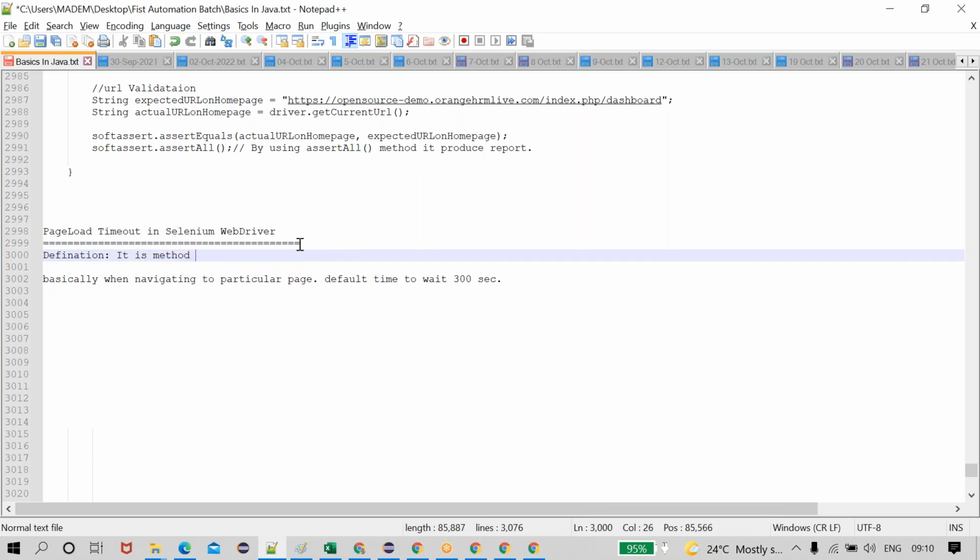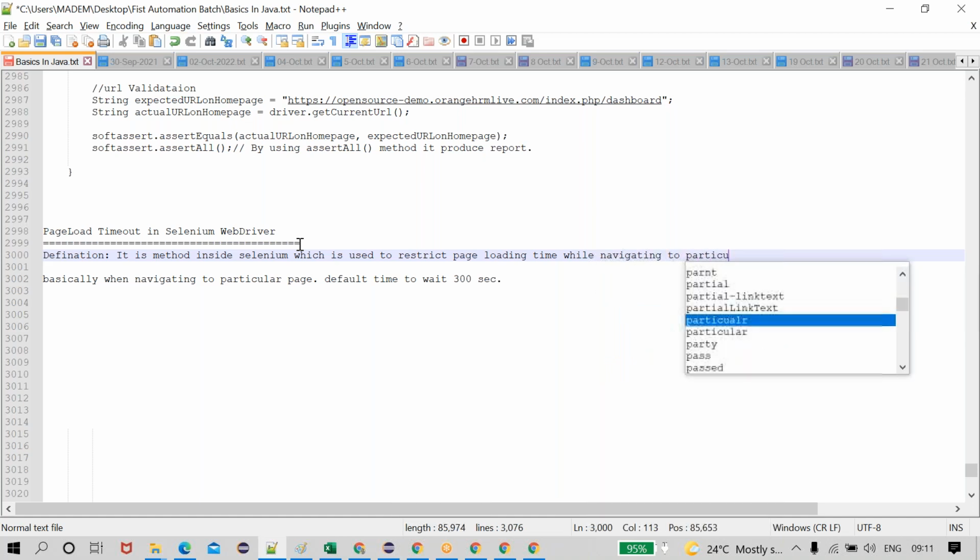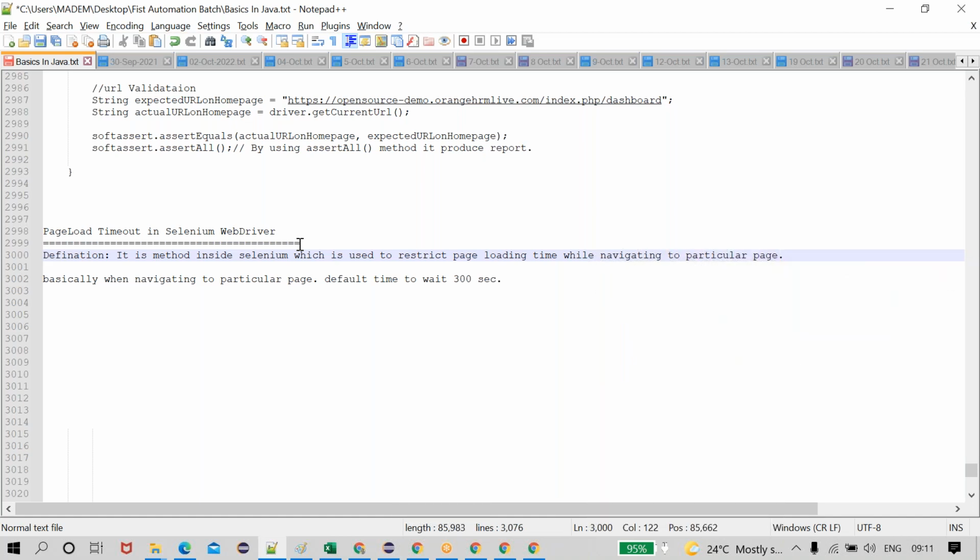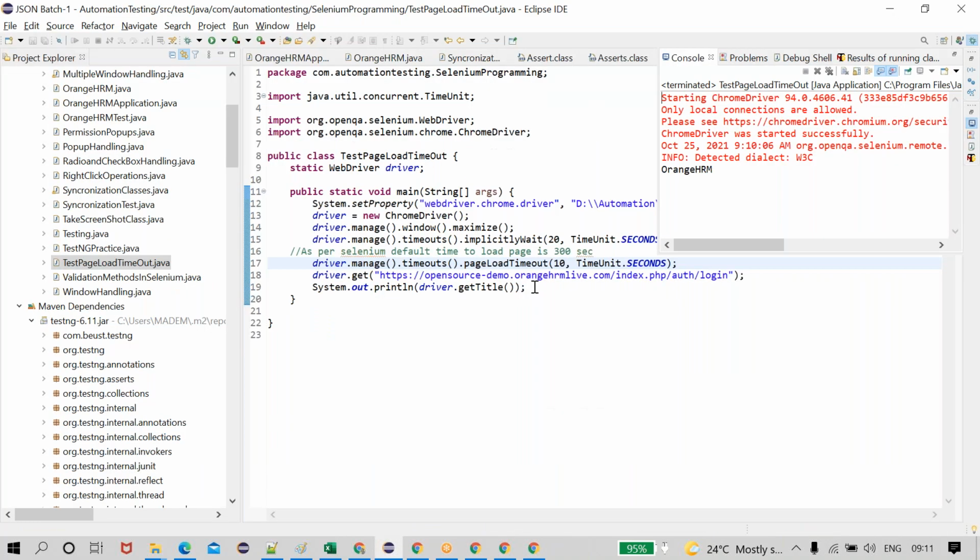It is a method inside Selenium which is used to restrict the page loading time while navigating to a particular page. Okay, that's all about the page load timeout.